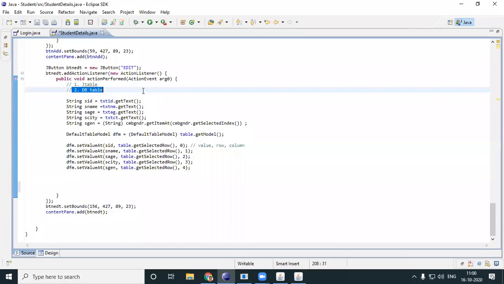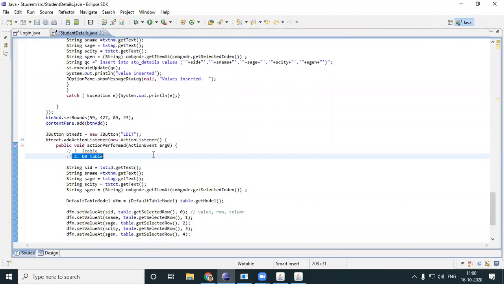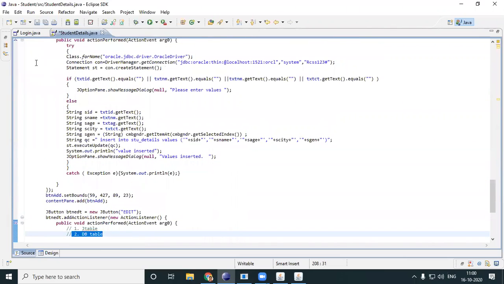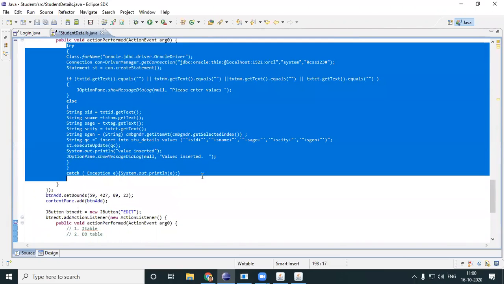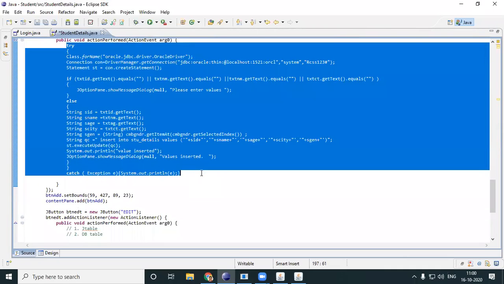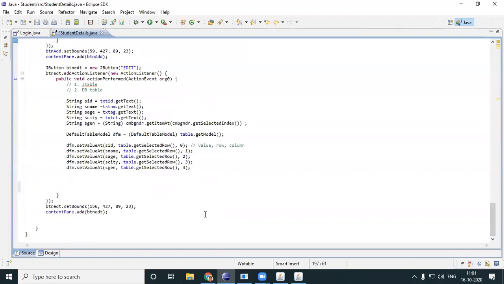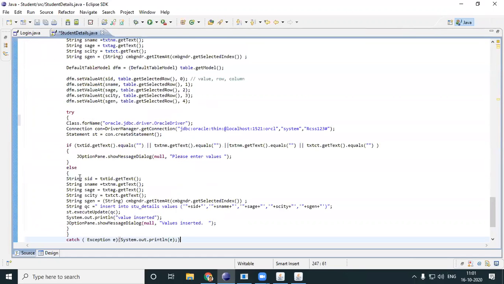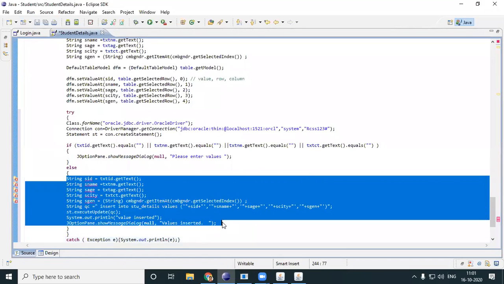We'll now update the DB table. I'll just copy some code from somewhere. Okay, I'll just take this try catch. Okay, please mute. You can do something when you do your projects. What you can do is you can have this DB connections and all in your main, and then have a single one. Okay, I'm having it many times so that you people are able to understand it perfectly.